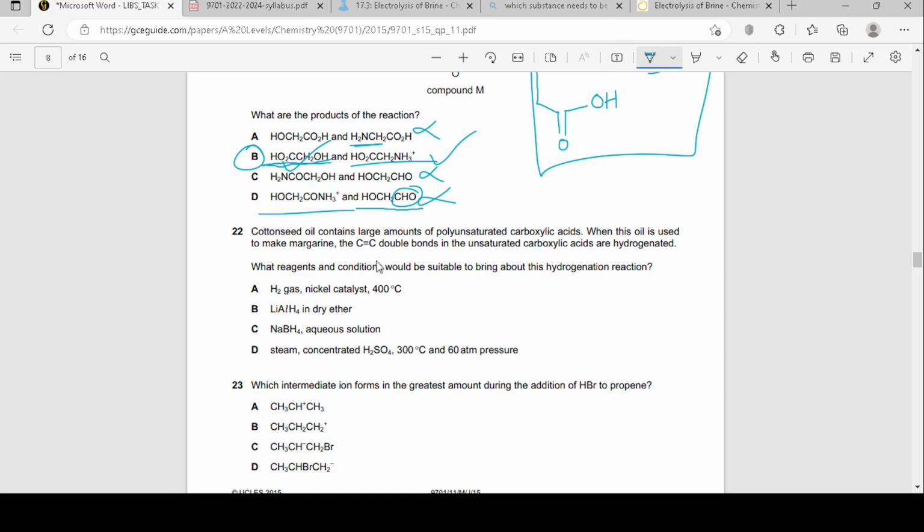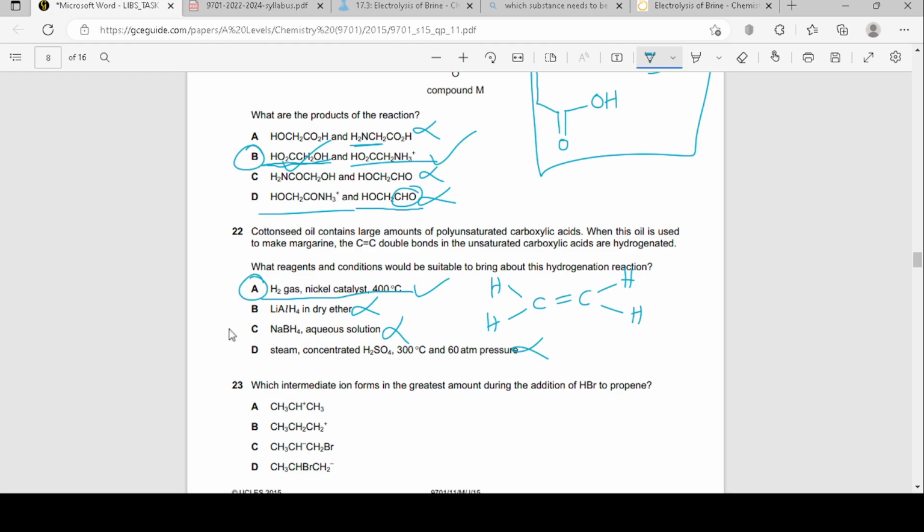So that's just polyunsaturated carboxylic acids. They're just breaking the C=C double bonds, right? They're hydrogenating an alkene basically. Usually to add hydrogen to alkenes, you use H2 gas, nickel catalyst, 400 degrees Celsius. Those are the conditions you use to